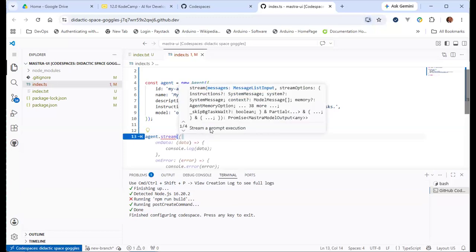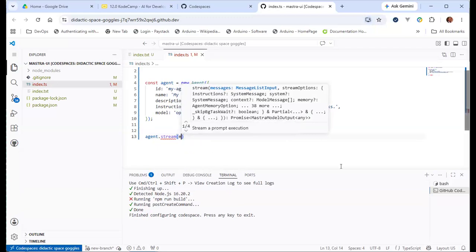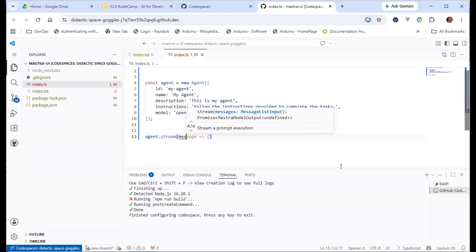And you can see again, you get some type hinting here, the messages. And the message is a message list input. So we can go with messages.